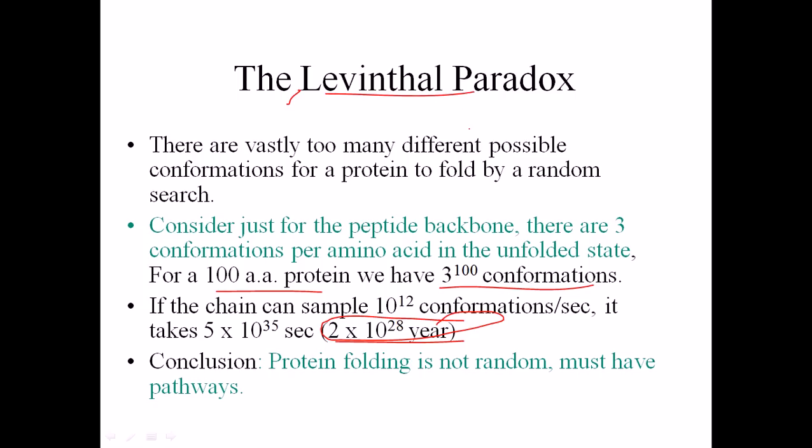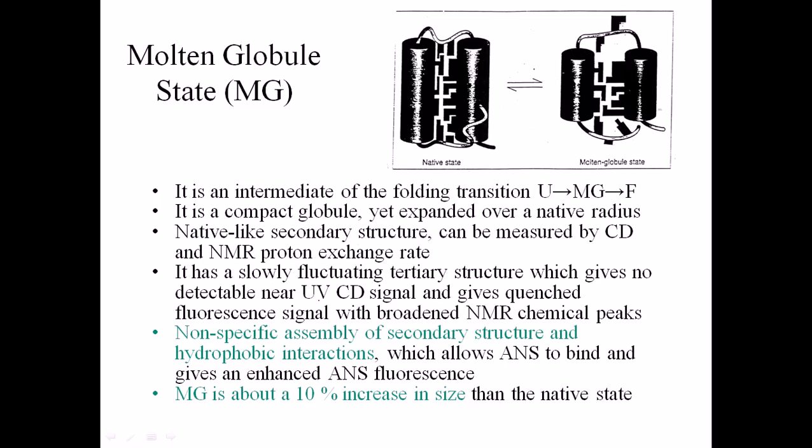And how is this paradox solved? The conclusion is that protein folding is not random. It must have a pathway. That is another take home message, just write it down. The protein folding is not random, because it cannot be random. If it had to be random, then it would be enormously complicated and very time consuming. So it has to have a pathway, and the pathway is always there. There are other helper proteins which help the protein to achieve this very complex task, and they can actually obtain that. Okay,